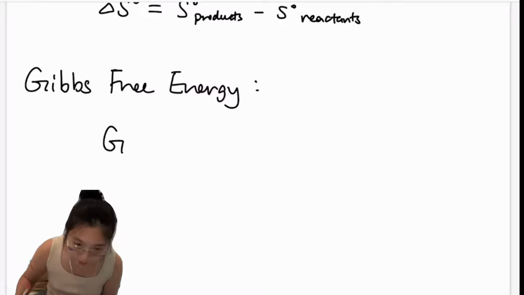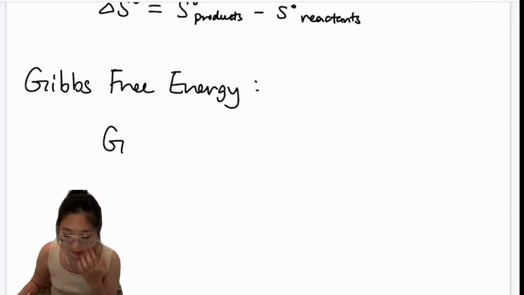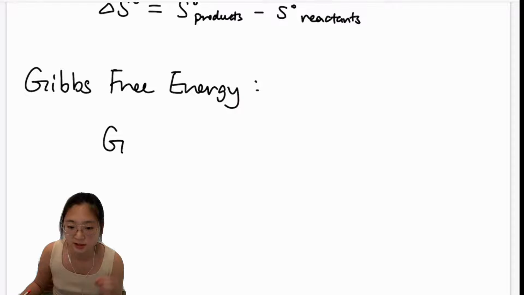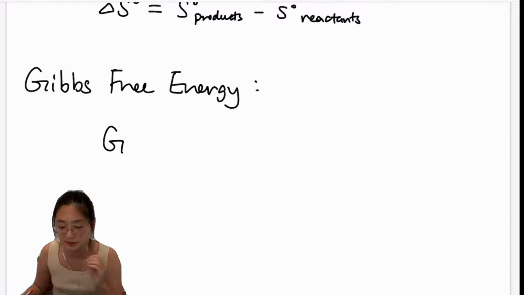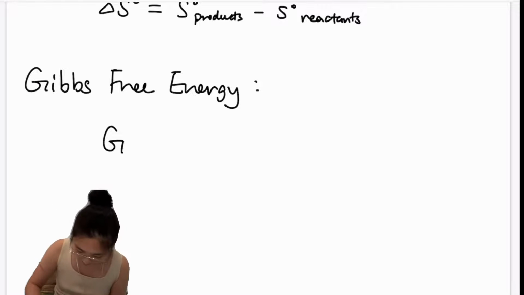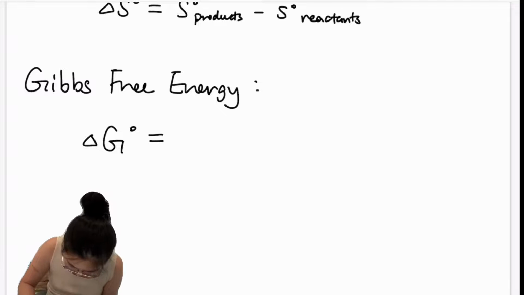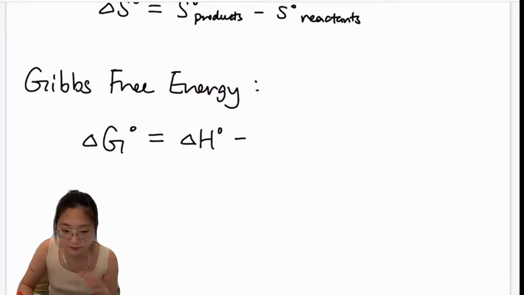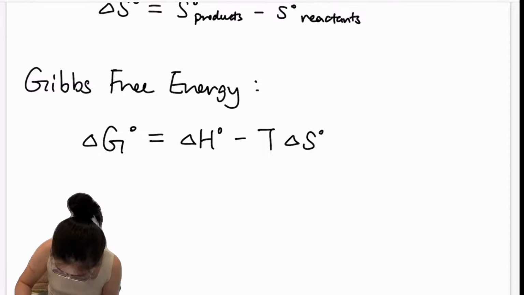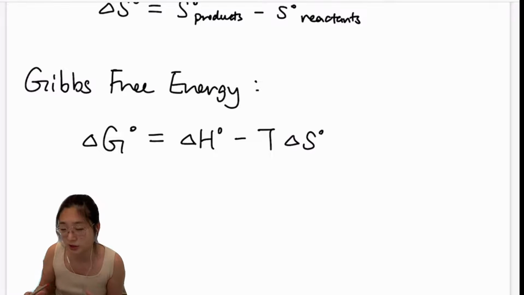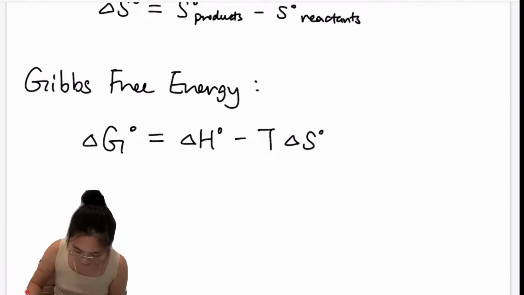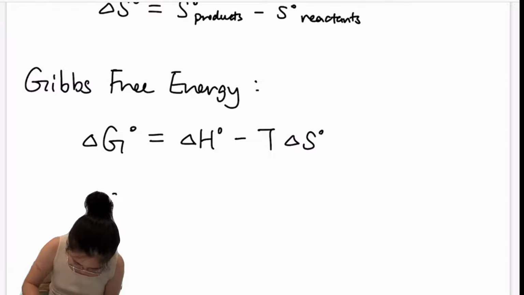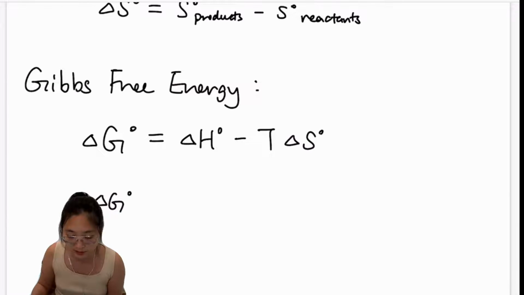Gibbs free energy is represented using the capital letter G. What really matters here is not the Gibbs free energy itself at a specific moment. What we care about is the change in the Gibbs free energy for a process. So the change in Gibbs free energy for a chemical reaction is equal to delta H, the change in the enthalpy for this reaction, minus the temperature times delta S. We're always assuming that this reaction occurs at a constant temperature, which is not very likely, but theoretically that's how we define it. And Gibbs free energy is especially important because it tells us about the thermodynamic favorability or